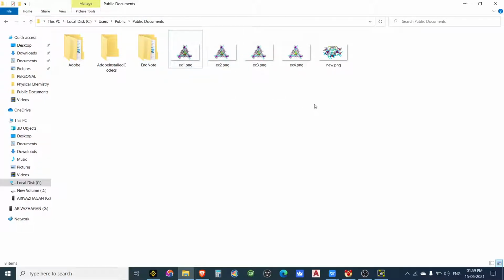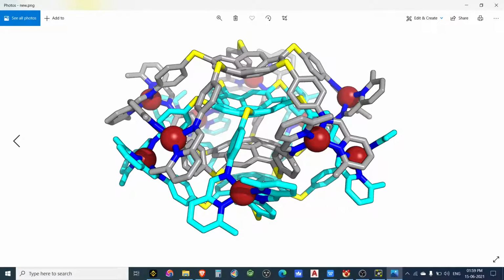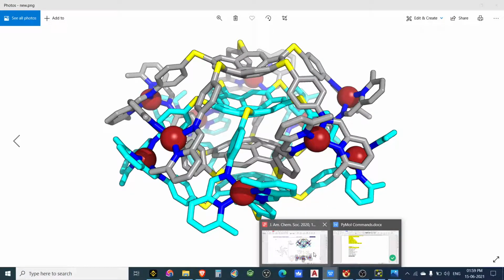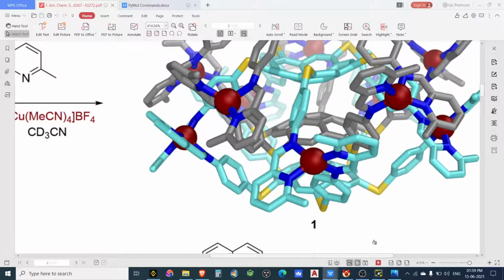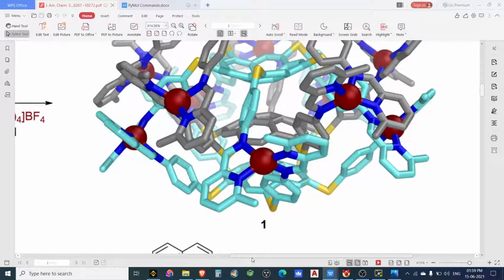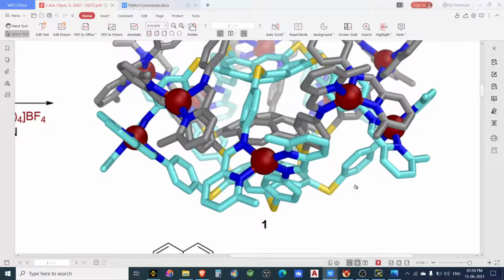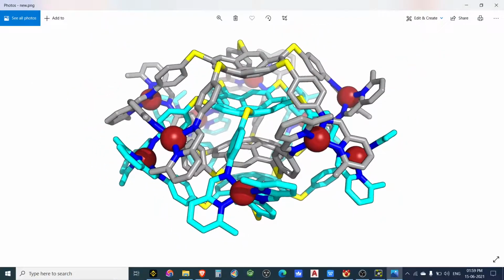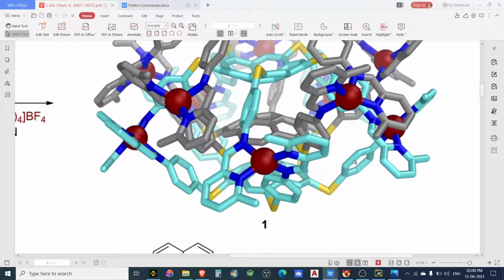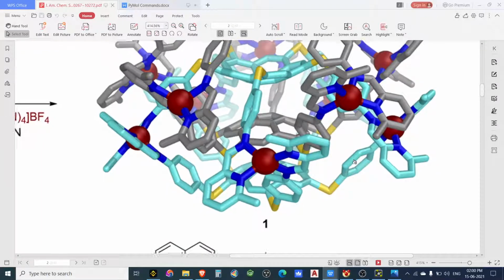After clicking, you go here and you will see in this folder where it is generated. You can put the name of that file and search where it is saving, and then after saving you just open it. See, it got ray traced and it is looking like that, right? You zoom, you see there is no black color around this molecule, right? In our molecule we can see the black color. So they have changed something. I don't know exactly what they have done, but almost we have reproduced this molecular structure, right?